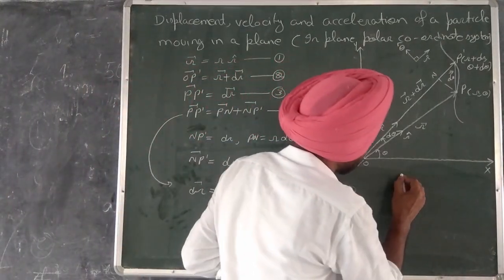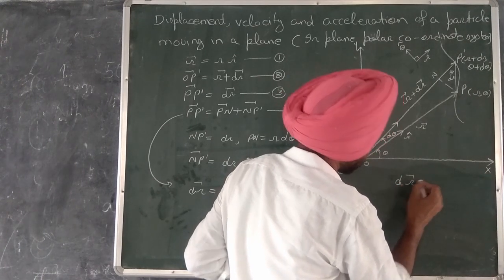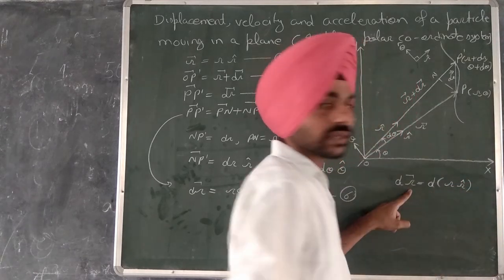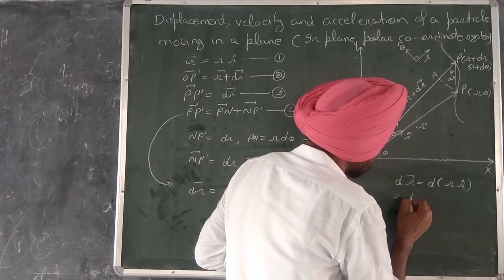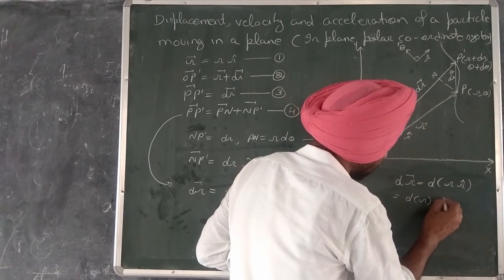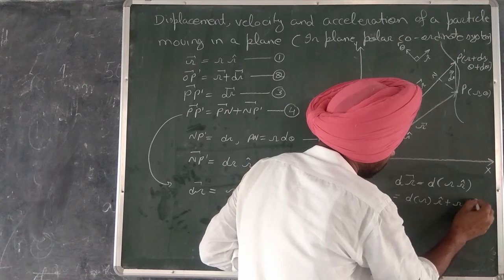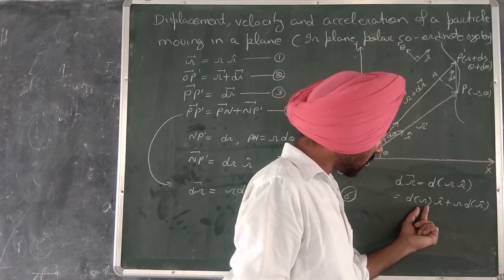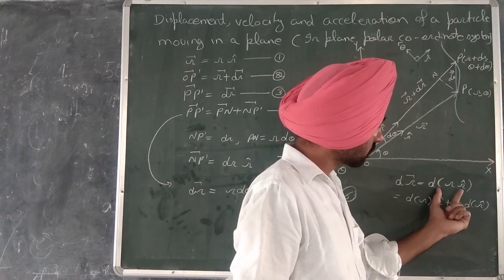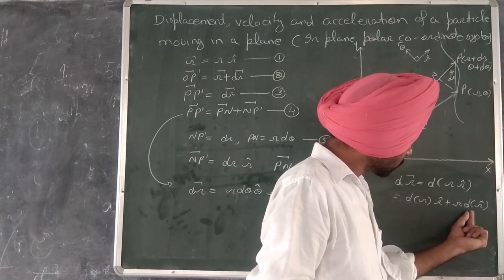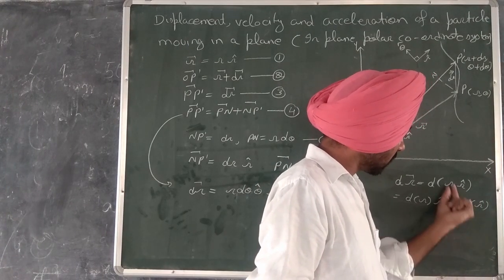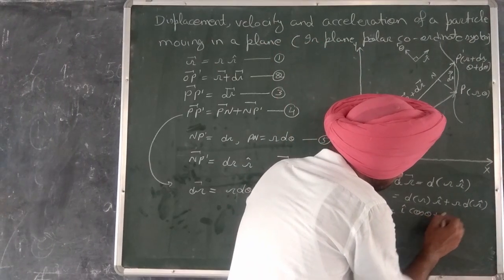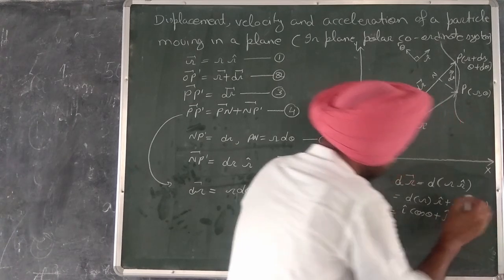As we know vector dr, we can write it as the derivative of vector r, which is the magnitude of r multiplied by its unit vector r cap. So we can write it as dr into r cap plus r into d of r cap. This is the first derivative of r multiplied by r cap, this is the product formula, and this is r into the derivative of r cap. This r cap is not constant, so this is i cap cos θ plus j cap sin θ.